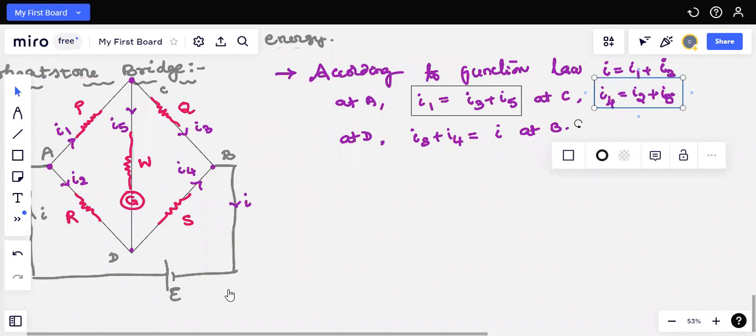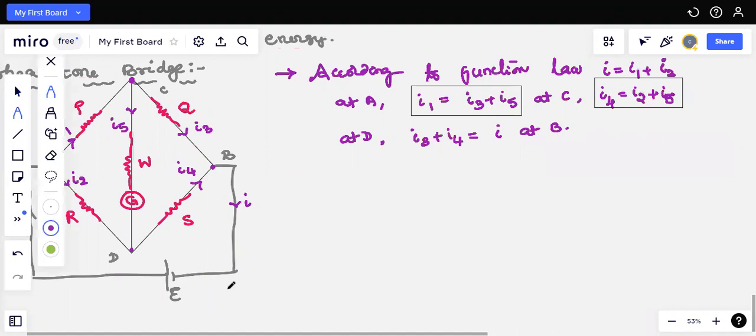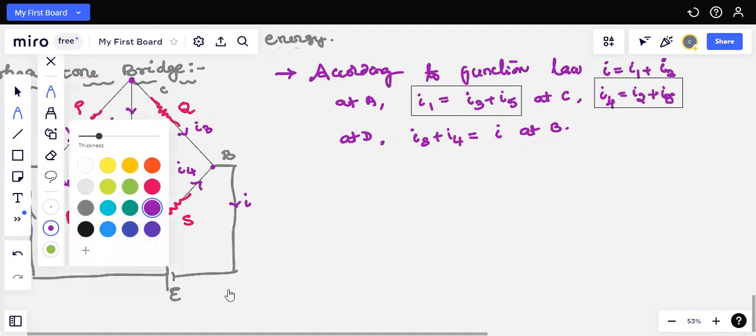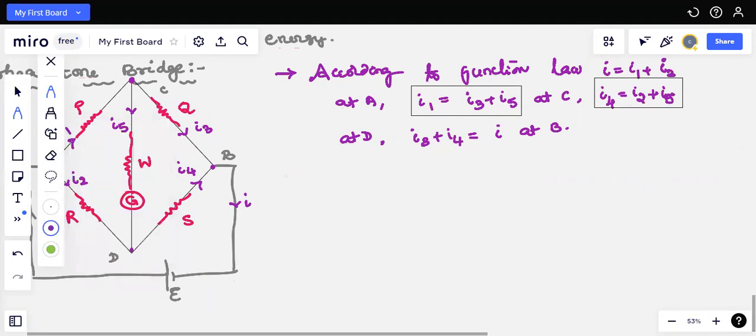Good. Right. These two equations I am going to use. Next, you observe here. I am going to apply the loop law. So according to loop law,